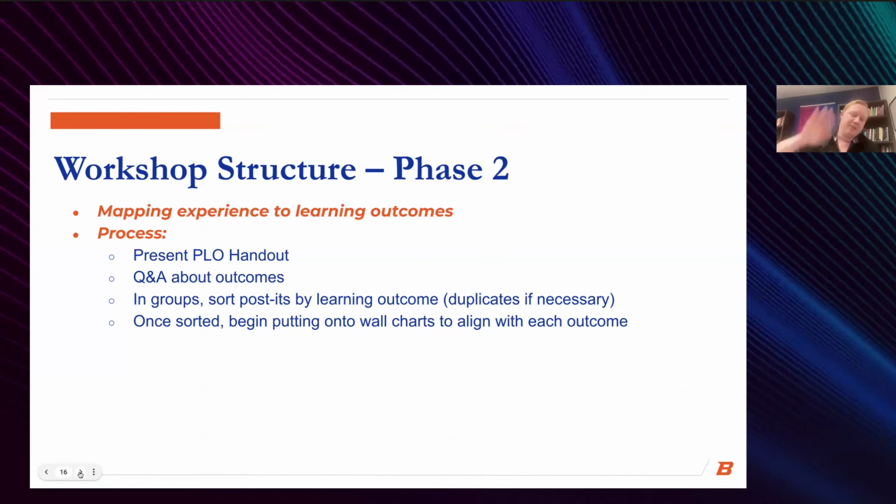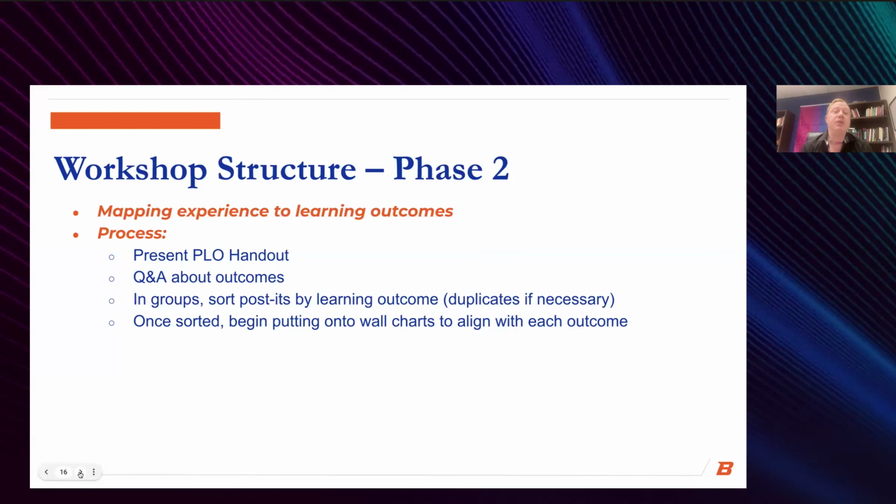Yeah, so once they have their individual group large post-it filled out and they've put all of the pieces together within their groups, we take what they've brainstormed, and this is when we present them with a list of the program learning outcomes. We read through them together. They each get an individual handout so that they can hold on to them. And we talk through the kinds of things that we've expected from them. For a lot of them, this is the first time that they're really explicitly exposed to the program learning outcomes. And so this gives them a chance to ask questions about it as they're becoming familiar with them. Most of the time, they're just sitting and reading and taking in what they are.